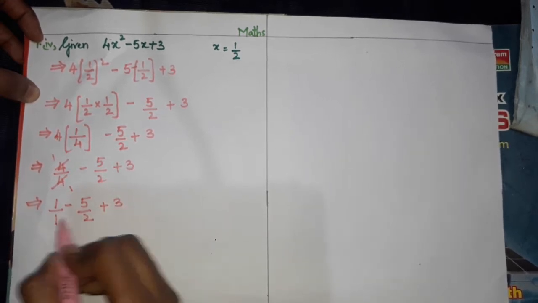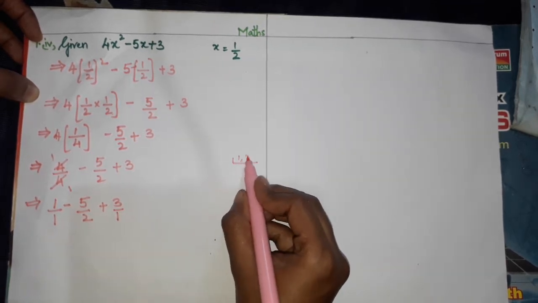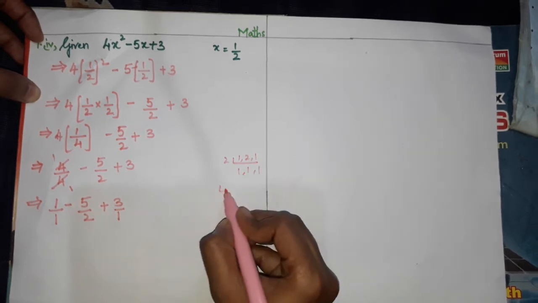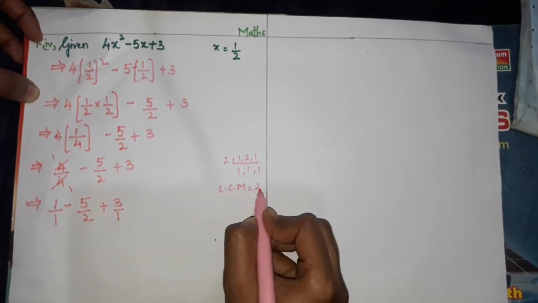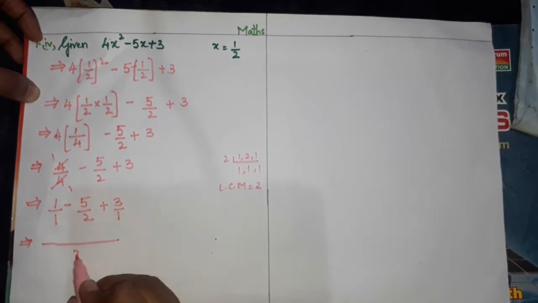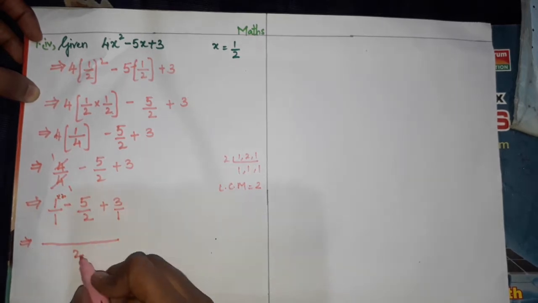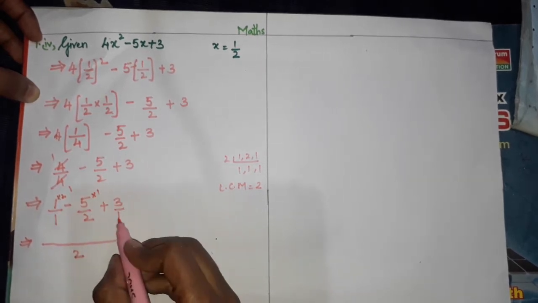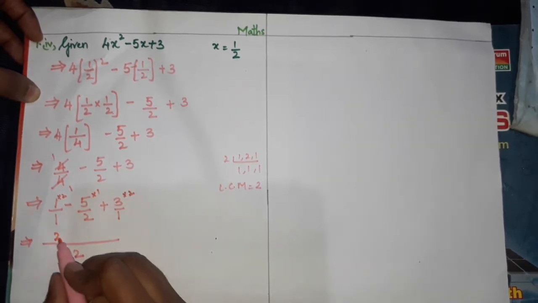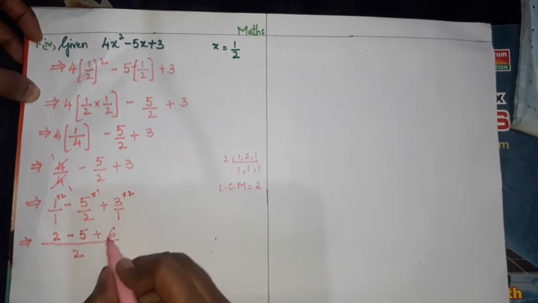Now here the denominator is 1, here the denominator is 1. So we have to take LCM. 1 comma 2 comma 1 will be what? 2 ones are 2. So obviously LCM will be 2. There is no need to check also. So I'll take LCM as 2. In 1, 2 table, how many times will it go? 2 times. In 2, 2 table, how many times? 1 time. In 1, 2 table, how many times? 2 times. 1 2s are 2, minus 5 ones are 5, plus 3 2s are 6.